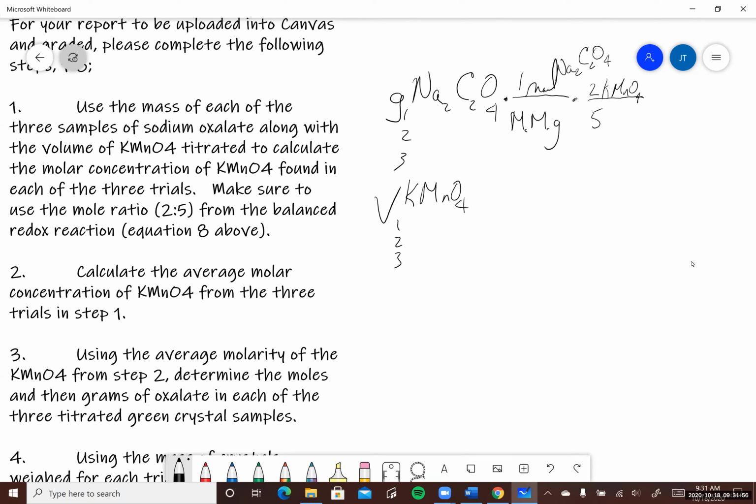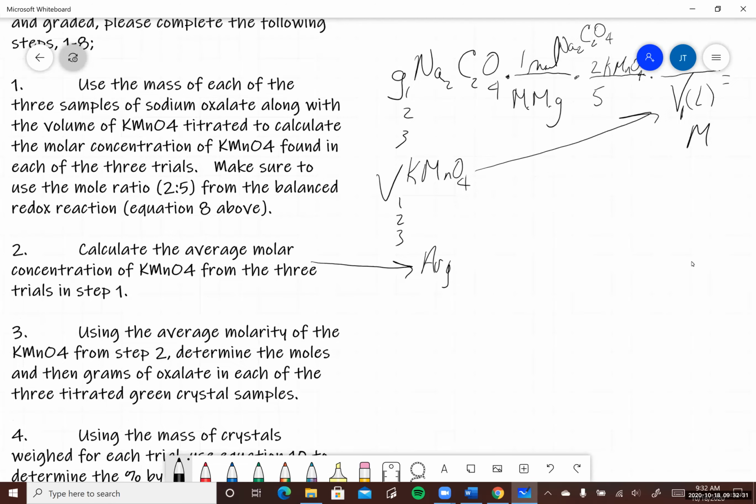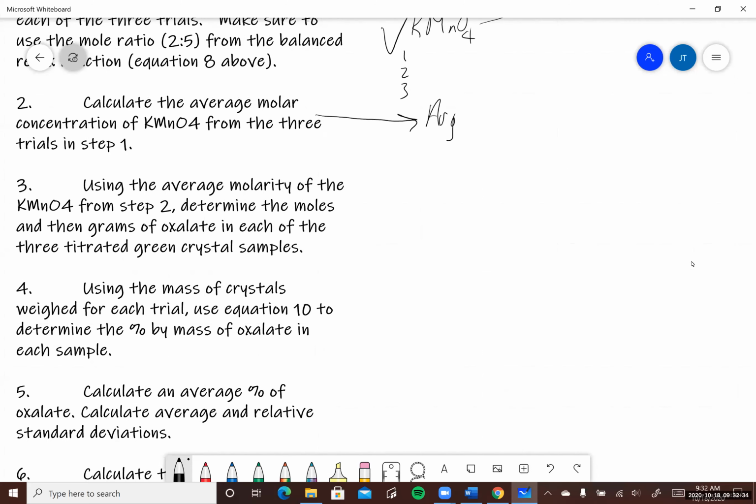So now I've got the moles of potassium permanganate, and all I need to do is divide that by the volume that I titrated in 1 here in liters. So I have to make sure it's in liters, and then that'll give me the molarity of the potassium permanganate. I do that 3 times. Then in number 2, I just take the average of those 3 that I calculated. Then we see here, number 3, using the average molarity of the potassium permanganate that we just calculated from the